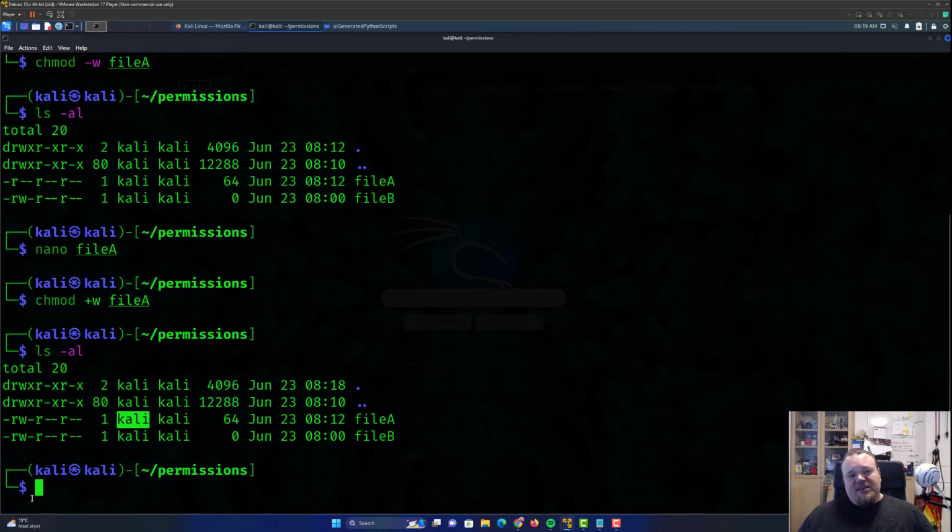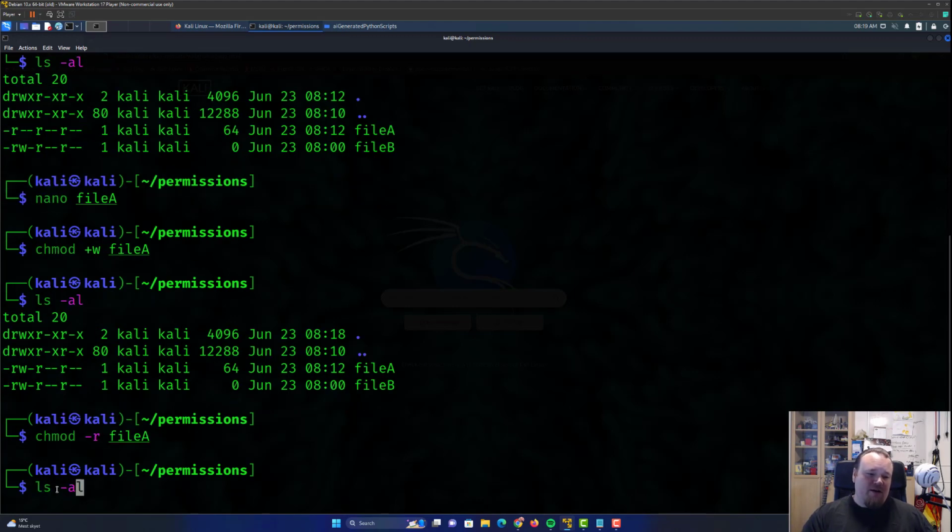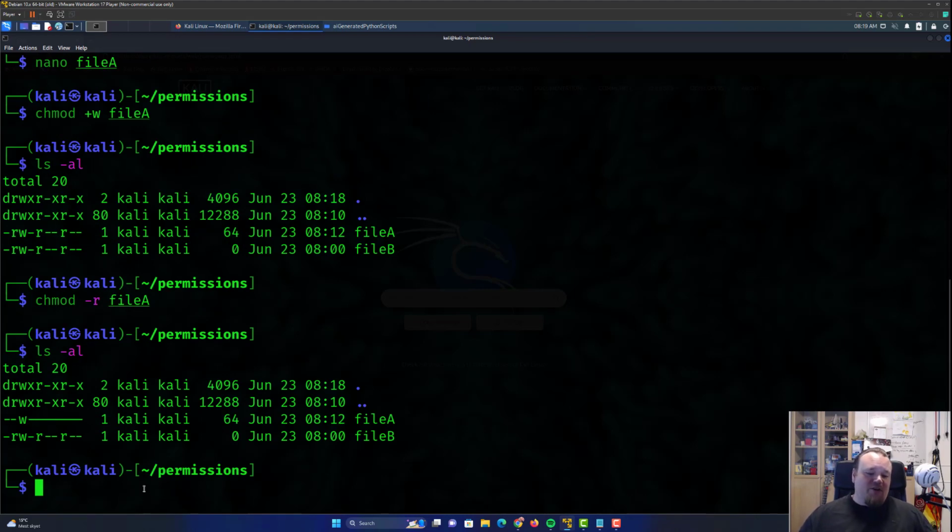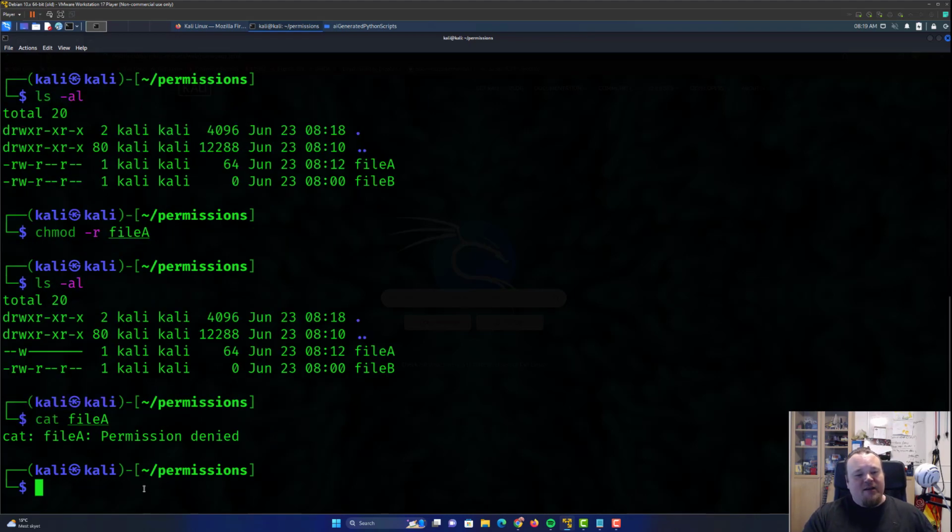So now you're going to guess, if you do the same thing for, let me just go upwards with the arrows, if you do the same thing for the read, so minus R, I can no longer read it. So if I go in and cat file A, you have permission denied. Now what you see is basically that everyone got read removed. And you notice that, hey, okay, so really this is like a big command that removes from everyone,